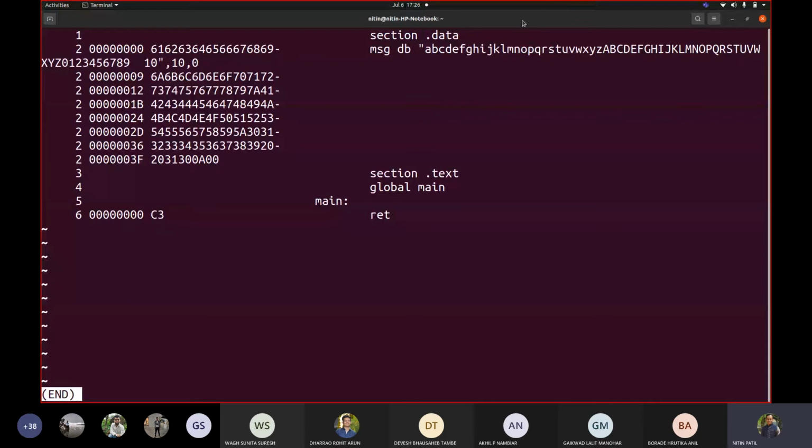So let me see this a. What is the representation for small a in ASCII? 97. Am I right? Yes, sir. Okay. So if you convert 97 decimal to hex, what would it be? How much is small a?